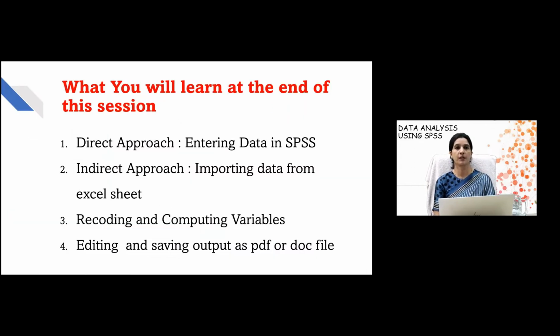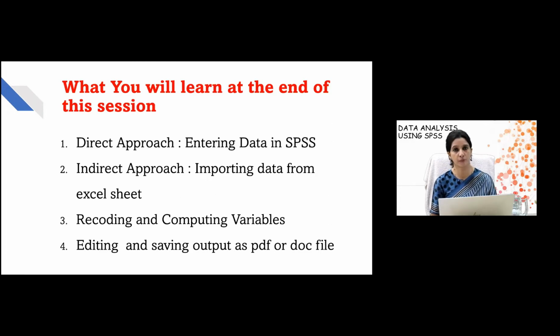So we will learn in this session how to enter data in SPSS. There is a direct approach and there is an indirect approach. In the direct approach, we enter the data directly into SPSS, and in the indirect approach, we import the Excel sheet, which is already there in our data, because many times we use Google Form.